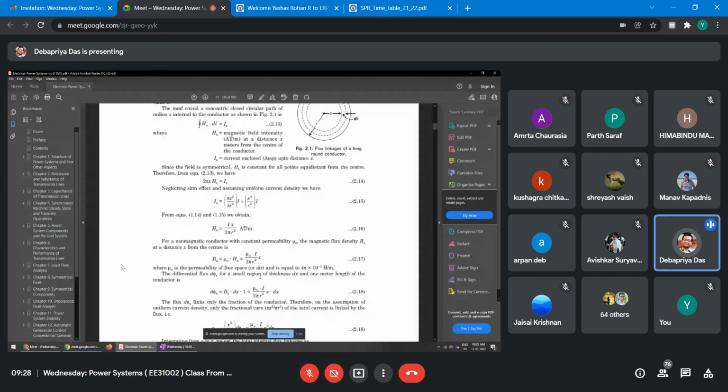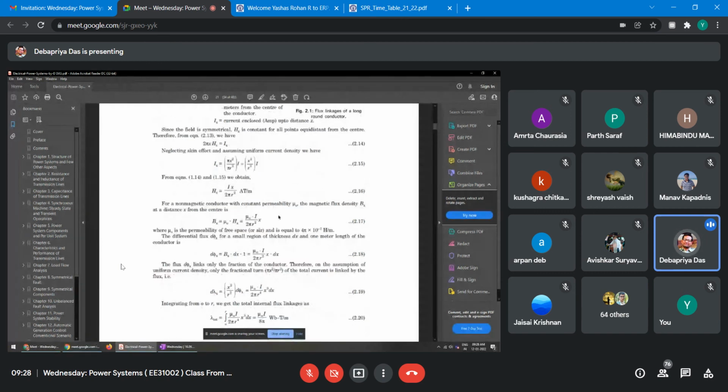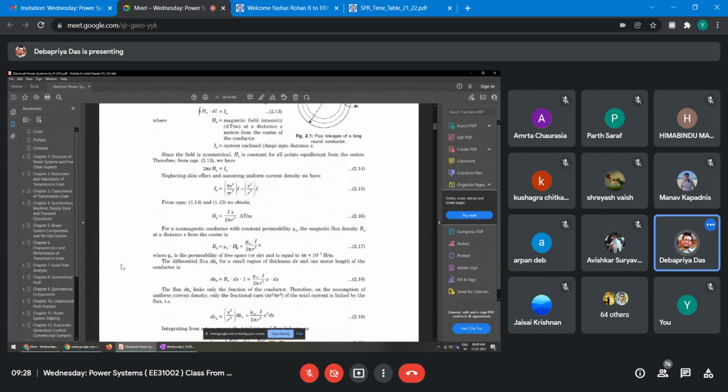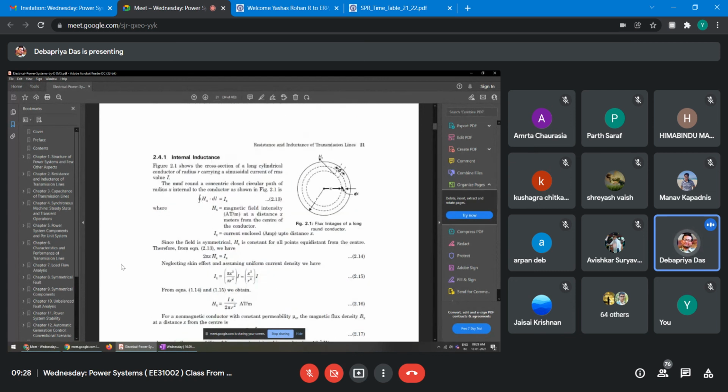Now for a non-magnetic conductor with constant permeability mu 0, the magnetic flux density Bx at a distance x from the center will be mu 0 into Hx. So it will be mu 0 into Ix upon 2 pi r square, where mu 0 is the permeability of free space and is equal to 4 pi into 10 to the minus 7 Henry per meter. Now the differential flux, that is d phi x, here in the small thickness dx,